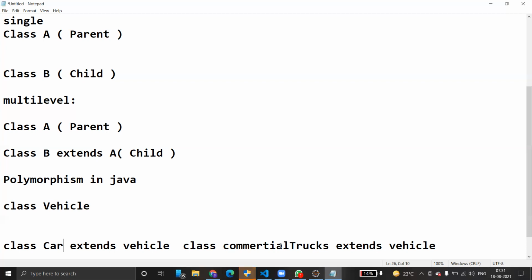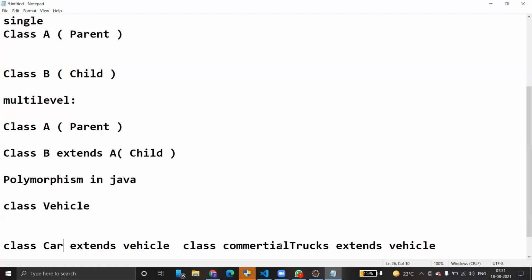Is it clear? There are 2 types of polymorphism: dynamic polymorphism and static polymorphism. These can also be called method overloading and method overriding. Method overloading is static polymorphism. Method overriding is dynamic polymorphism.